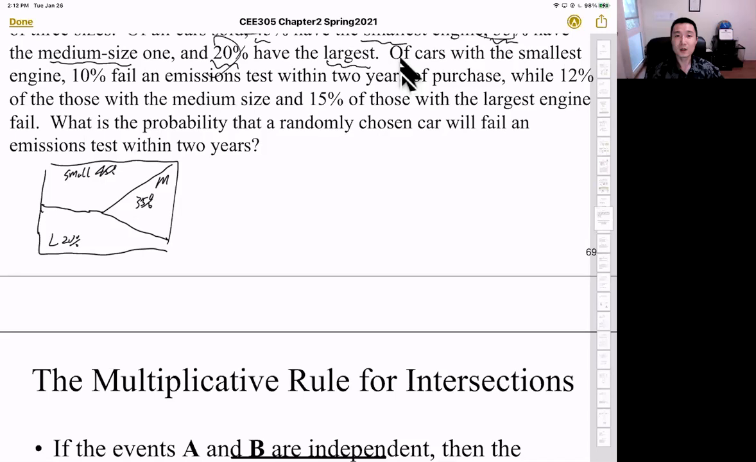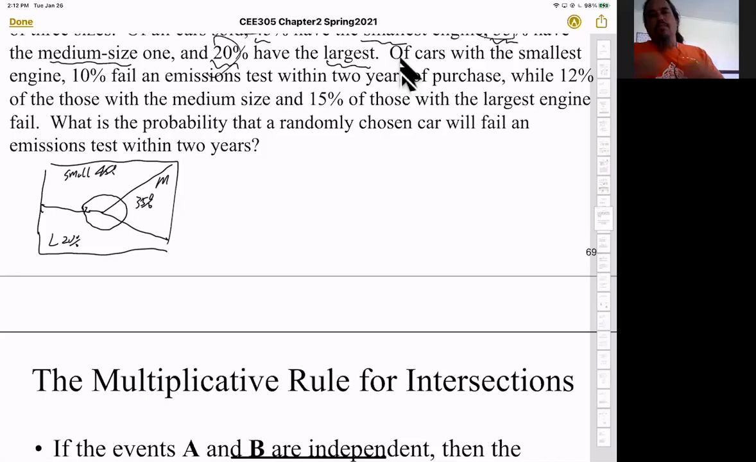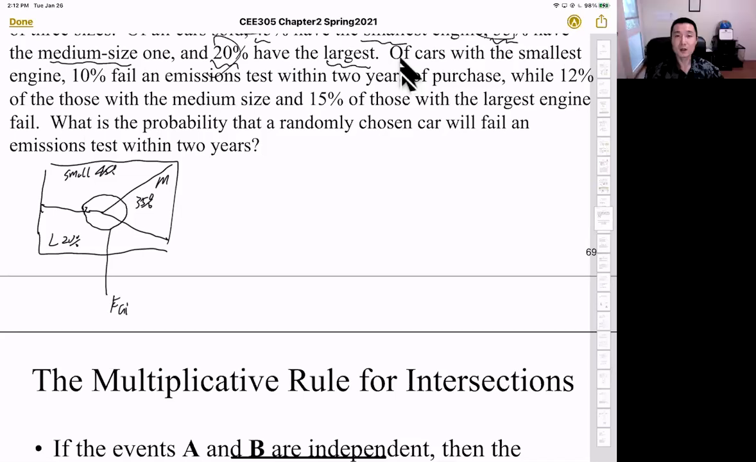Okay. And then let's define "fail the emission test within 2 years" as this circle. And this is failed engine emission test. Okay. So the probability engine fails, based on the equation of total probability, will be the probability of the engine fail